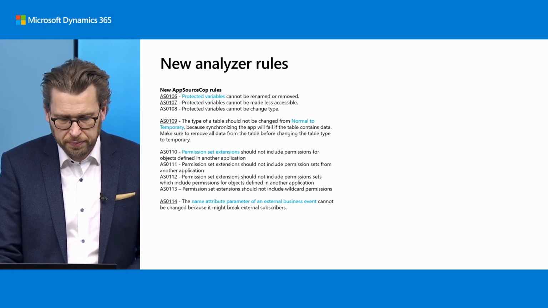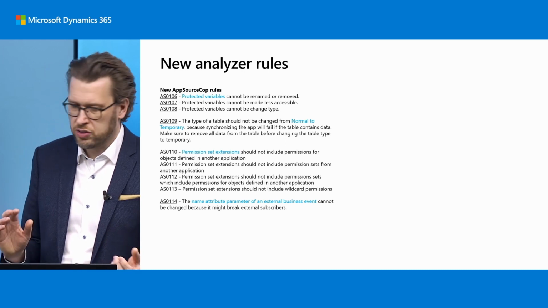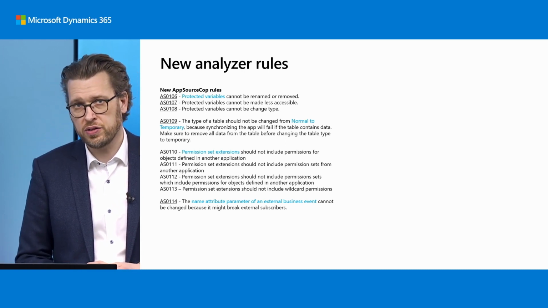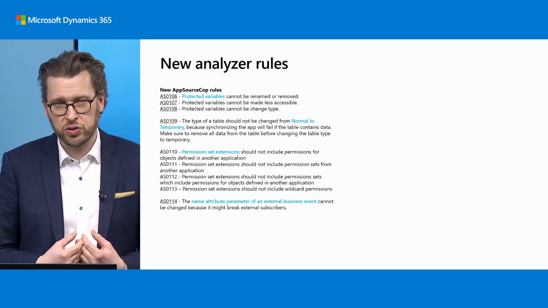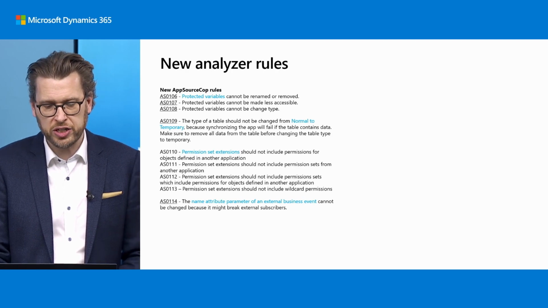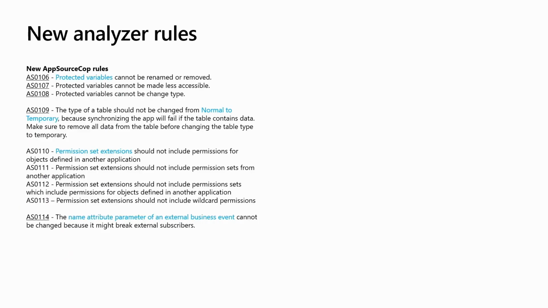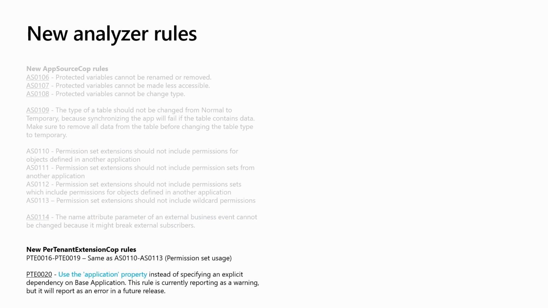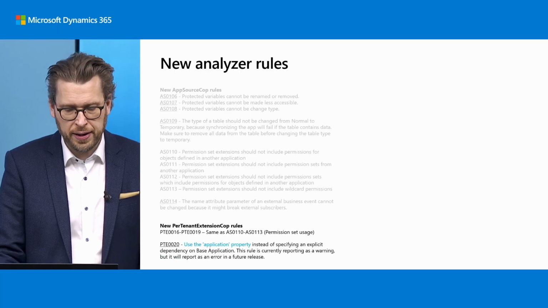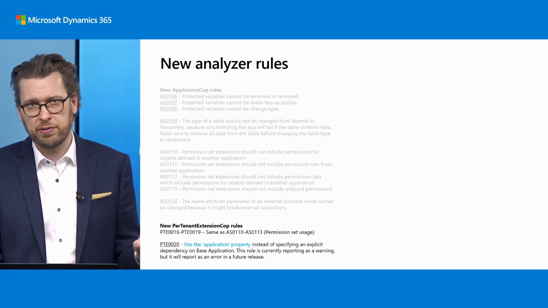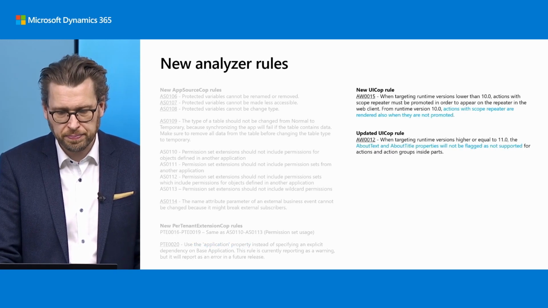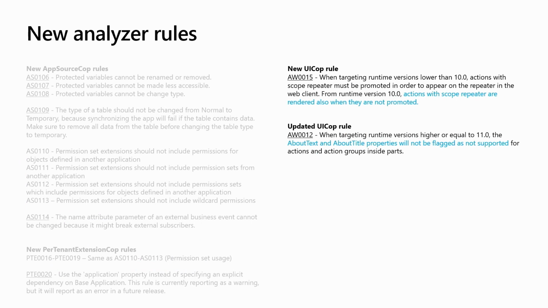And I think Stefan will talk about it briefly, but there's also a different session on this. We also have now the business events, and we need to make sure that these are also being caught from a breaking change perspective if you change anything in those. Then for PTEs, we have the same rules around permission set extensions. Again, I'll talk about those. And also, we would really like PTEs to use the application property going forward instead of using a direct reference to the base application. We have a couple of UICop rules around scope repeater actions,